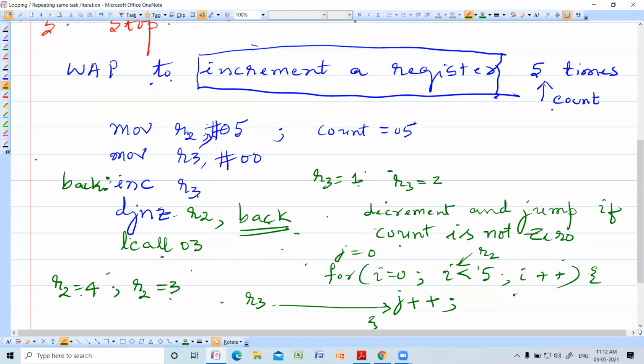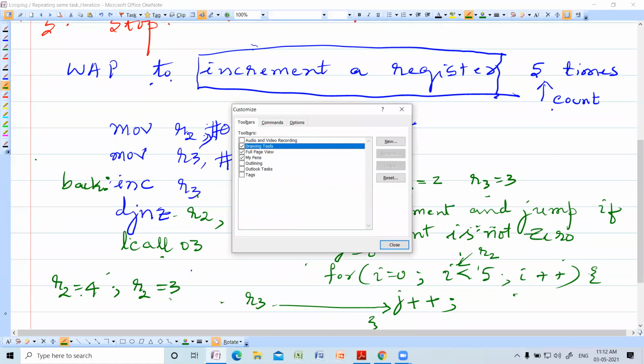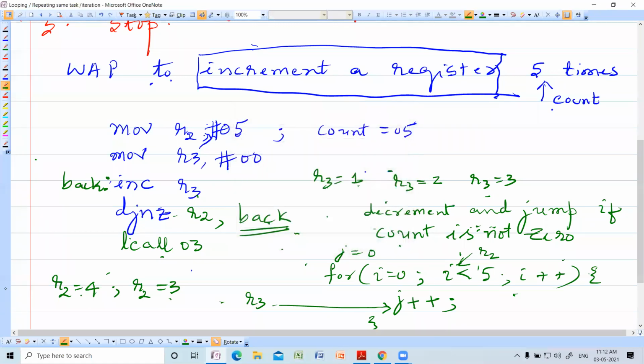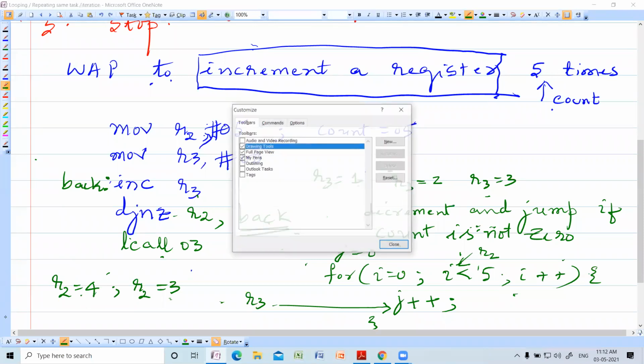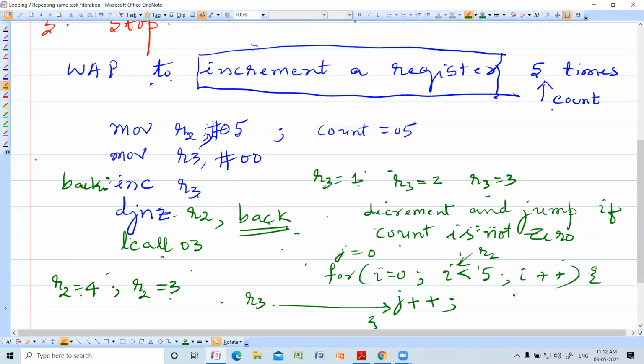R2 becomes 3. It is not 0. Once again, program control goes back to increment R3, so R3 becomes 3. Once again, it decrements R2. R2 becomes 2. It is not 0.